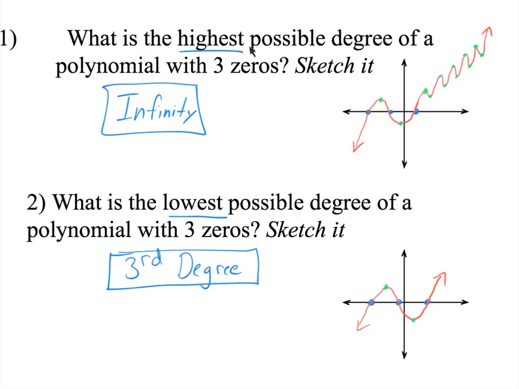What is the highest possible degree of a polynomial with 3 zeros? So see how I have 3 real zeros right there? So what is the highest possible degree? Well, if I go through that, I hit 3 times, couldn't I keep turning around over and over and over? And every time I turn